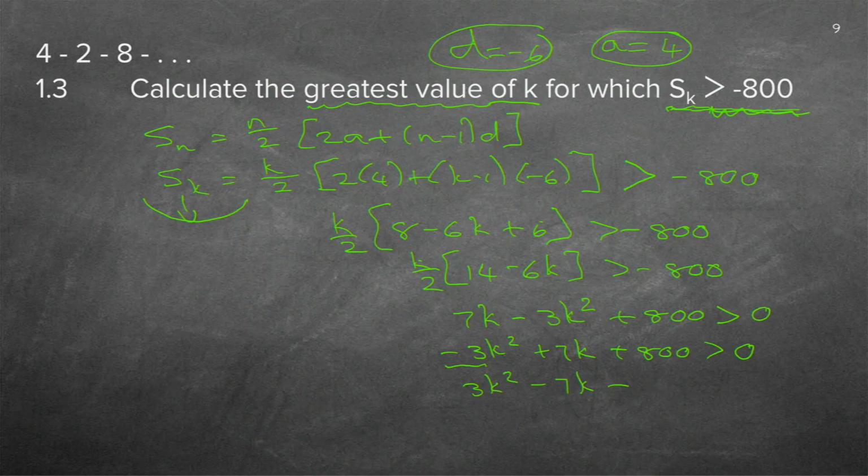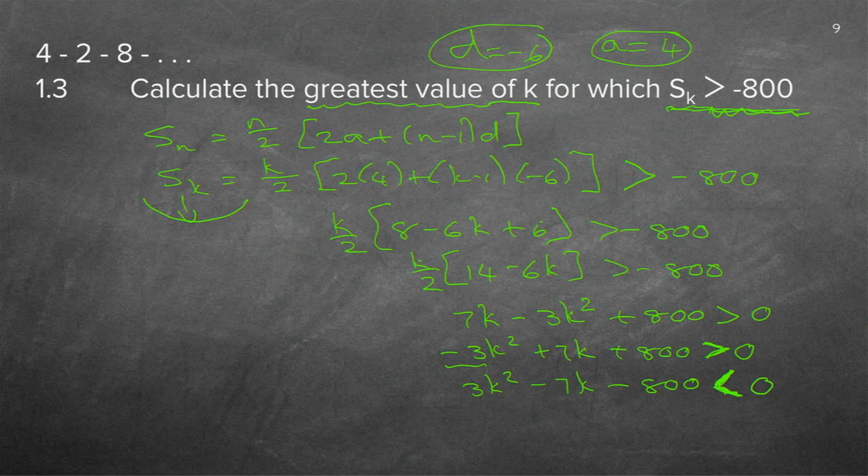Multiply with the minus right through. But now there's something very important that happens. I hope you remember that principle: if ever I multiply by a minus, my unequal sign swaps around. So that greater than sign there now becomes a smaller than sign. I'm going to make it very dark so you remember. So now it is smaller than 0.